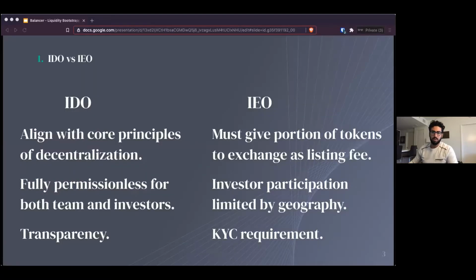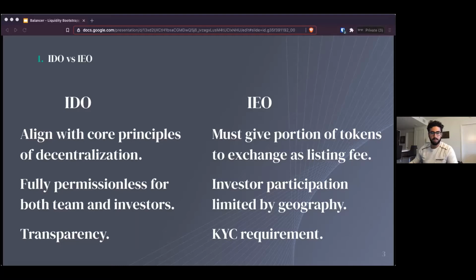And some of the important reasons that might matter to you are that if you went with an IDO, you would be aligning with your core principles as a decentralized project, if that's what you are. You'd be doing this in a way that's fully permissionless for yourself as the team and for your investors and your community members who are buying into the sale. And this would be transparent,